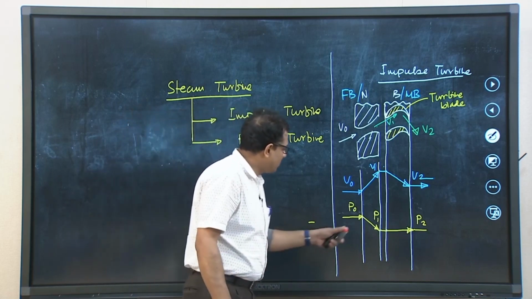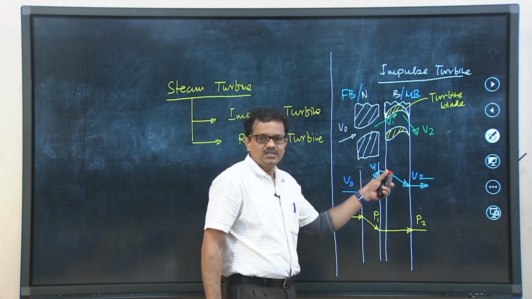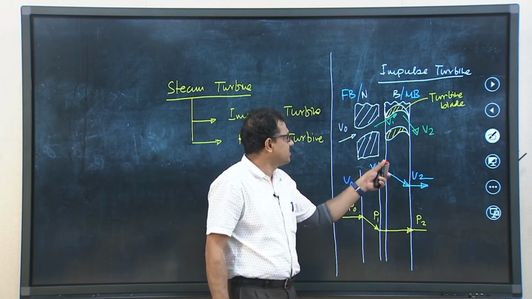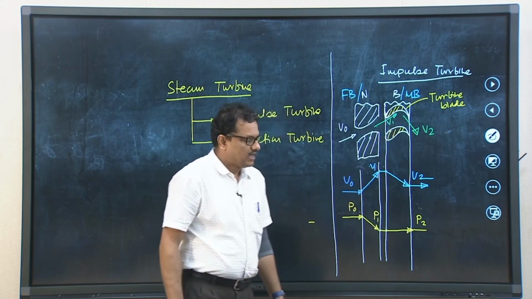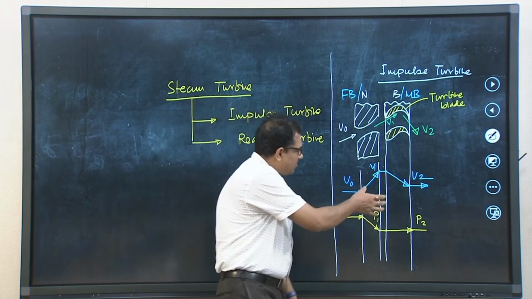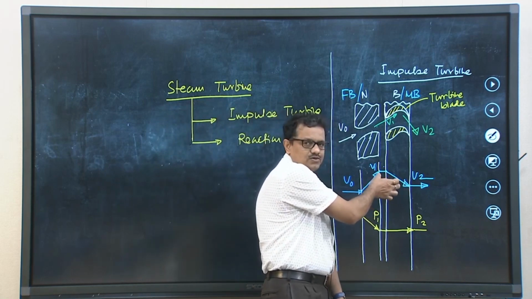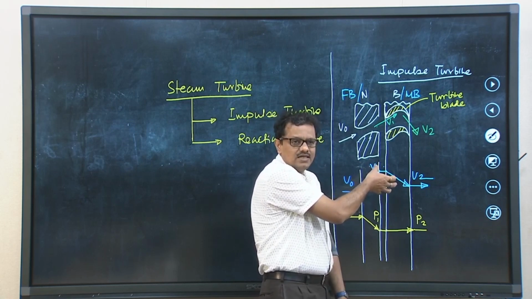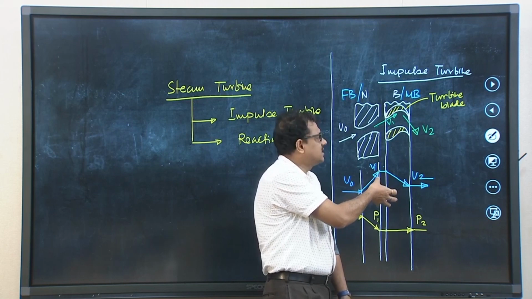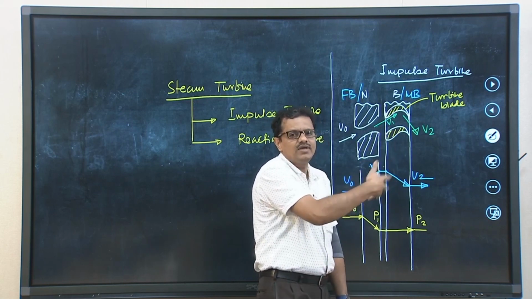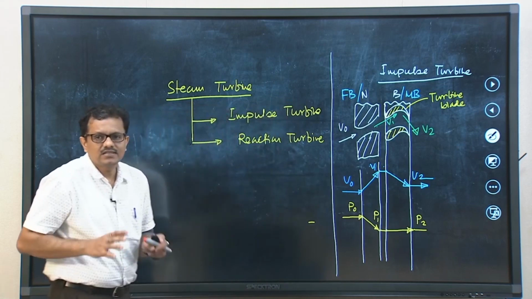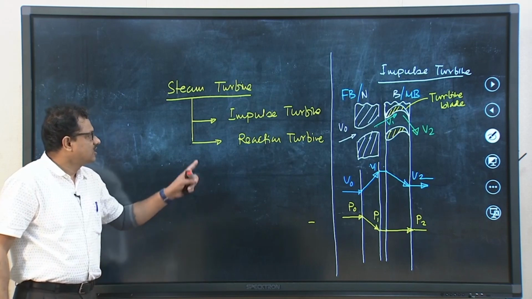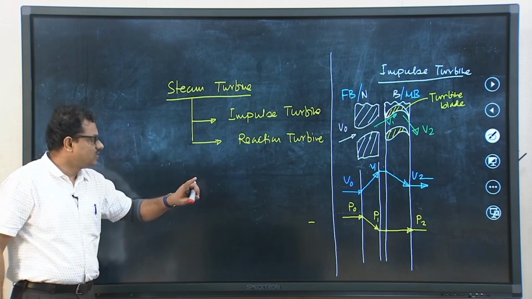So, what we can see is that only velocity is going to change while steam is passing through the moving blades, and velocity is decreasing. So, V2 is less than V1. So, momentum is getting changed, that momentum is getting absorbed by this wheel, and we are getting shaft work. So, what we can tell from this particular analysis is that for the impulse turbine,